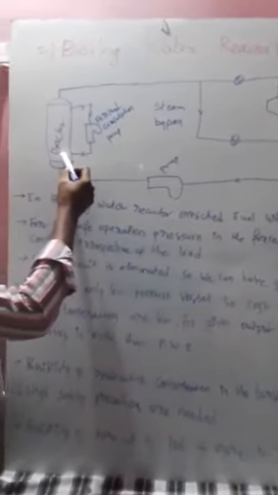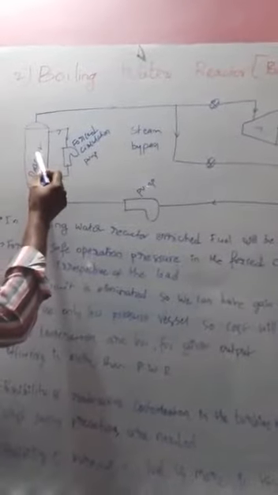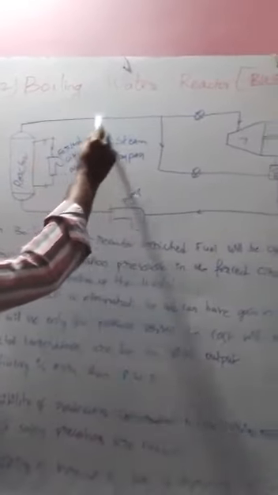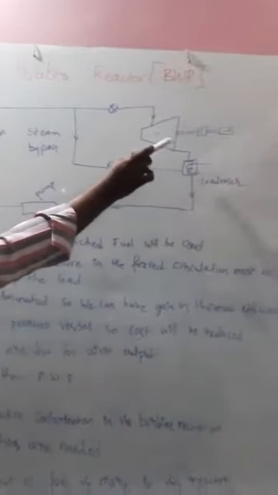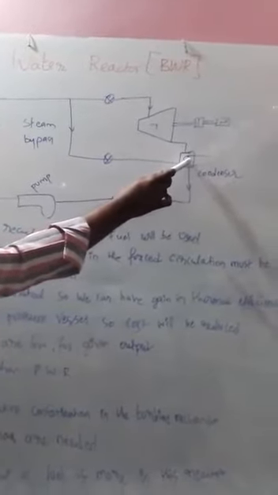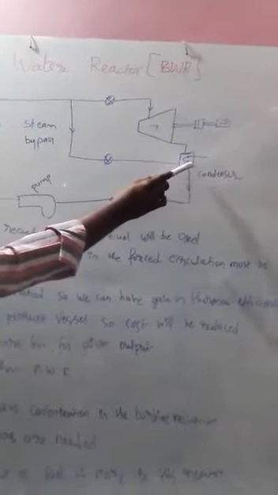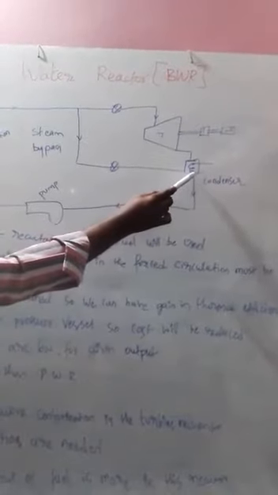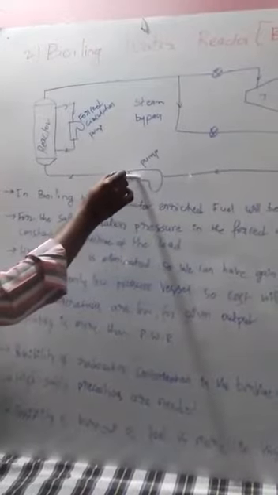Feed water, which is coming from the condenser, is pumped back to the reactor, and after absorbing the heat, it will turn into steam, and the steam enters the turbine and produces work as it is expanding over the turbine blades. It enters the condenser and rejects the latent heat of condensation to the circulating cooling water. The produced condensate enters the pump, and the pump pumps it back to the reactor. In this way, cooling water or working fluid is circulating in this entire circuit.